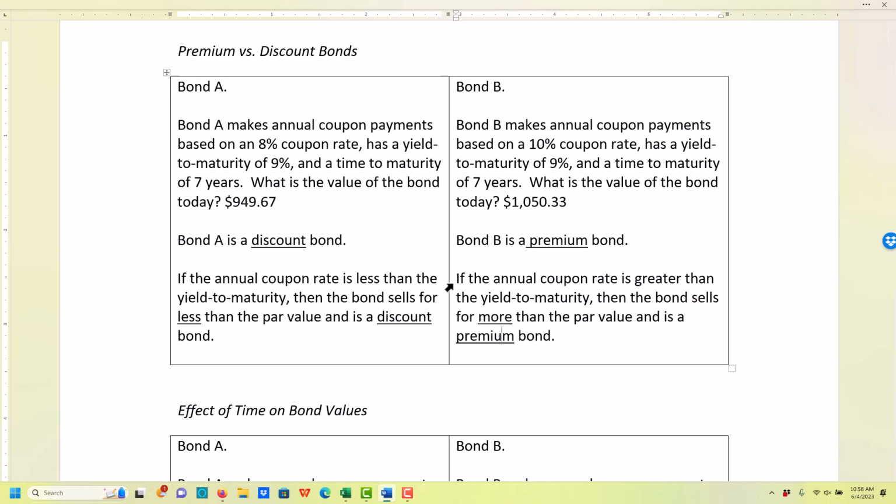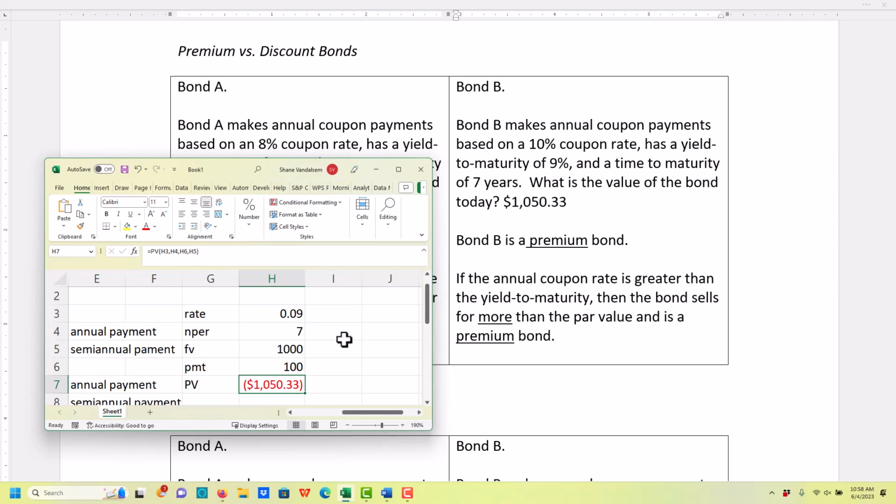I want to show you one more type of bond. It's not on here, but it's something important for you to know. So I'm going to go back out here to my little setup that I've made with all my variables. Now I want to show you what happens if the coupon rate is equal to your yield to maturity, your rate up here. So if the coupon rate were 9%, we would have an annual coupon payment of $90 instead of $100. So I'm going to put 90 in here, and the present value of that bond is then $1,000,